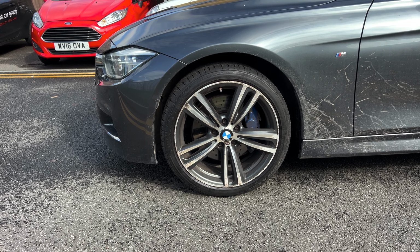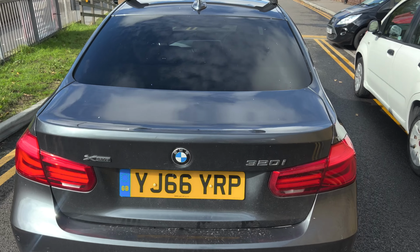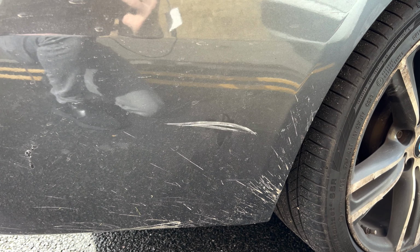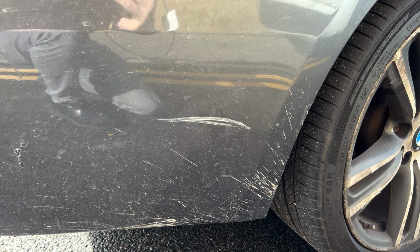Let me know. Discs and pads look all good all round. And the service history is pretty much spot on, almost every year. Needs a bit of paint work, so we've got Paul the painter coming in Monday to have a look at this one for us. I think he might need to paint this rear bumper. Bit of a deep scratch there, and then there's also a scratch just there on that rear quarter. As you can see,